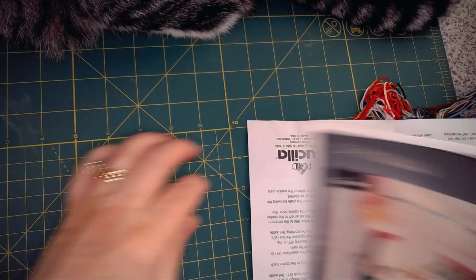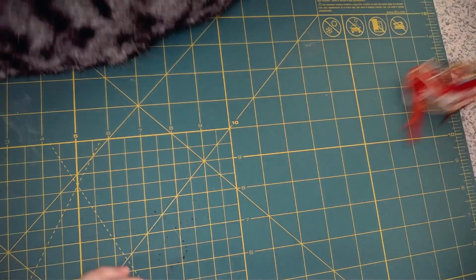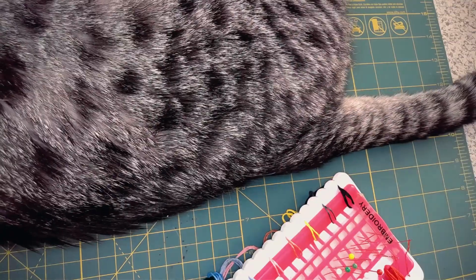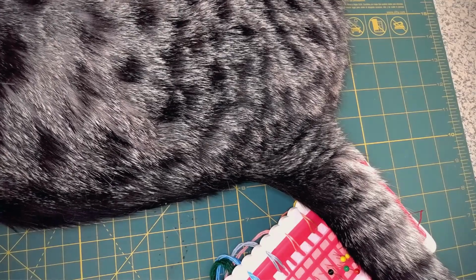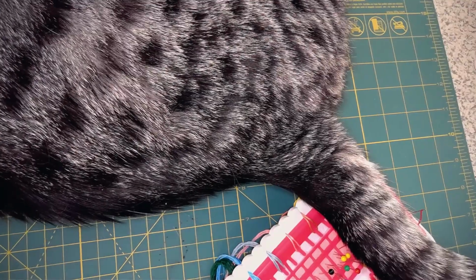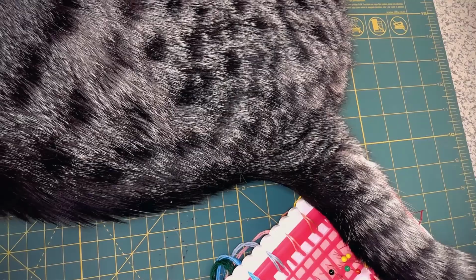And I will tell you, always do your embroidery before you do the sequins because the sequins will catch in the embroidery and really just be frustrating. So always do as much sewing as you can before you get to the sequins. Now this says 3 strands,